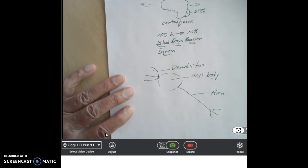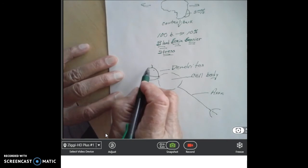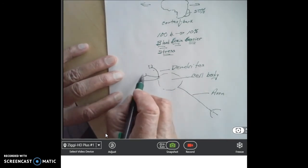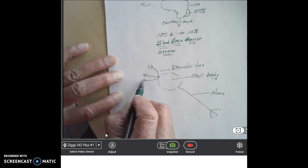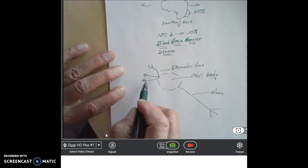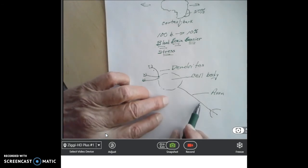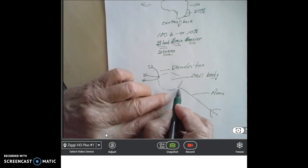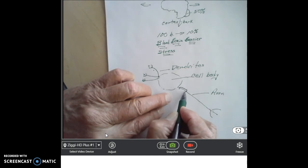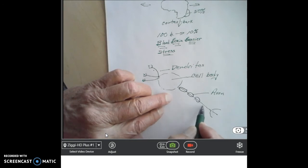Okay, hang in there with me now. What happens is, chemical messages come in here. There are little receptacle sites, and we're going to be talking about this a little bit more later on. Then these messages go to the cell body. Then the cell body takes them to the axon, and we have a myelinated axon here, and we have these nodes of Ranvier right here. And what happens here is that this here is an electrical